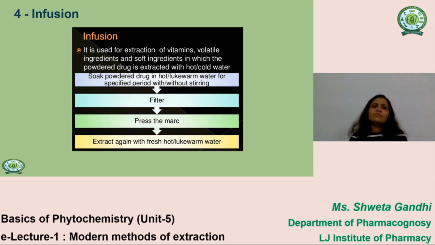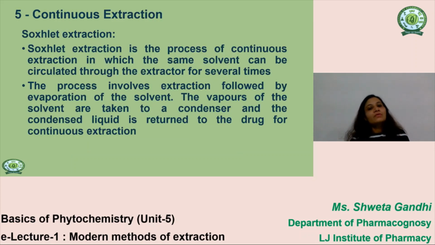Next, the fourth method is infusion. Infusion is a useful method for the separation of vitamins and volatile oils. In this process, we soak the powdered drug in lukewarm water for a period of time. We filter it, press the marc, and extract again 2-3 times with fresh lukewarm water. Now, what we have studied, infusion, decoction, maceration, percolation, these are all small scale extraction